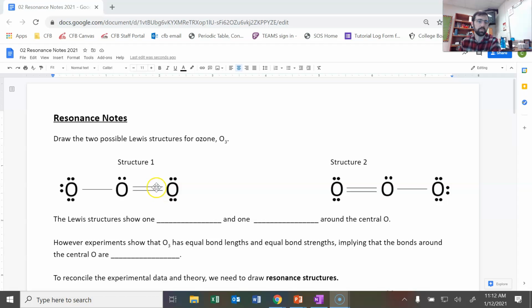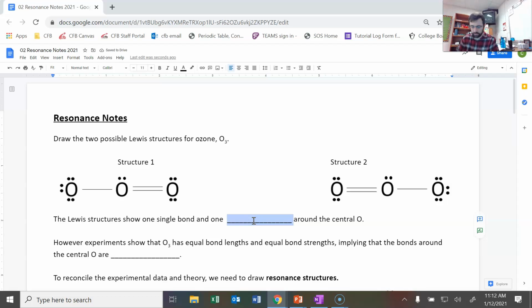I had to do a double bond in order to make sure that the oxygen in the middle had 8 valence electrons. But I could have drawn the double bond here, or as in structure 2, I could have drawn it here. And either of those structures are perfectly fine. Well, the Lewis structure shows one single bond and one double bond